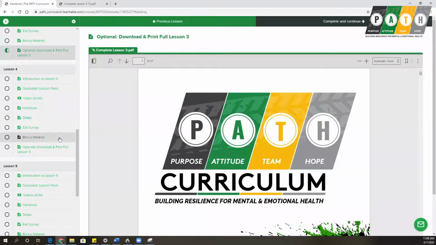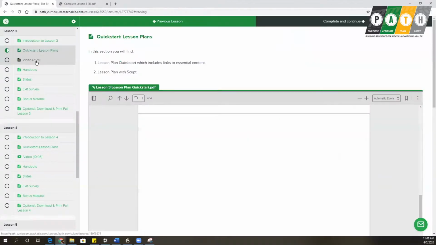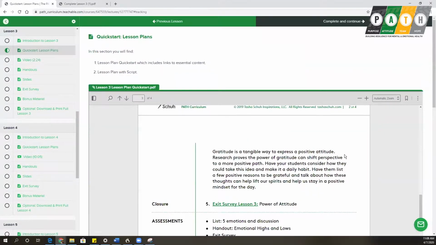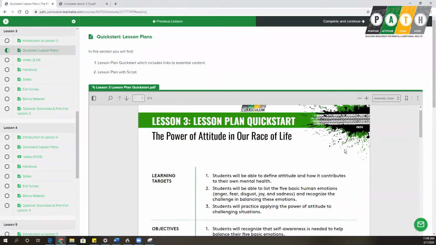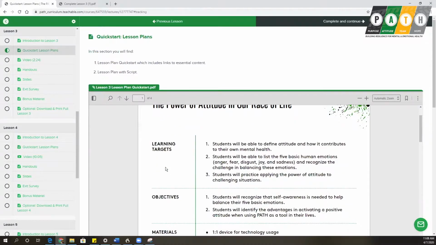However, in these electronic times, many teachers will utilize the easy access to the PATH curriculum's 6 in-depth lessons with a time-saving option called Quickstart. This feature allows the instructor to click like this to open to the essentials for the traditional yet easy to follow lesson plan. Here, I have clicked in Lesson 3 to reveal a left margin of headings and a right